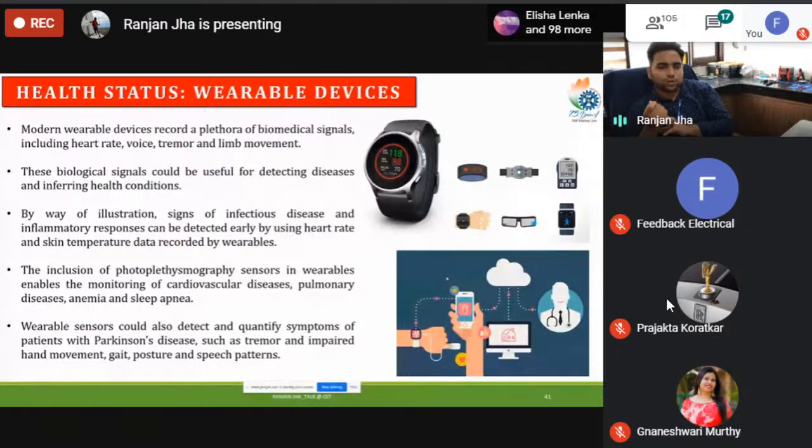So the inclusion of photoplethysmograph sensors in wearables enables the monitoring of cardiovascular disease, pulmonary diseases, anemia, and sleep apnea. So sometimes people have,